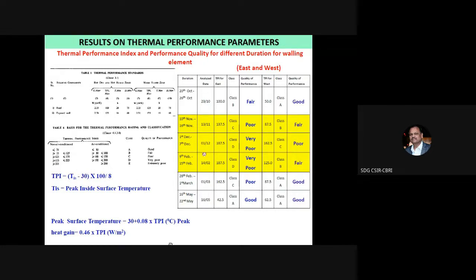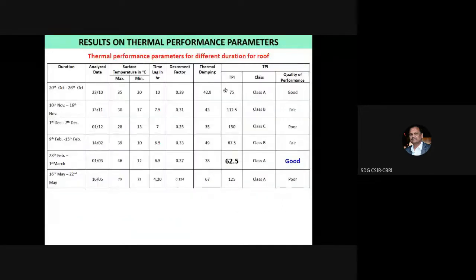And the February or March AEC block is performing better as far as this study is concerned. So this is for the roof. In the case of the roof, the interesting thing is that the roof is made of RCC, and during February and March, when the temperature is not harsh, the performance is good. In October also the performance is good, because the harsh climate is not there. But wherever there is a harsh climate, the performance of this RCC roof is fair or maybe poor.